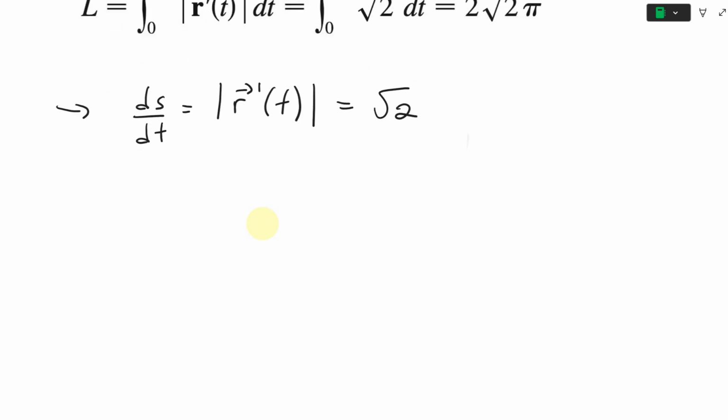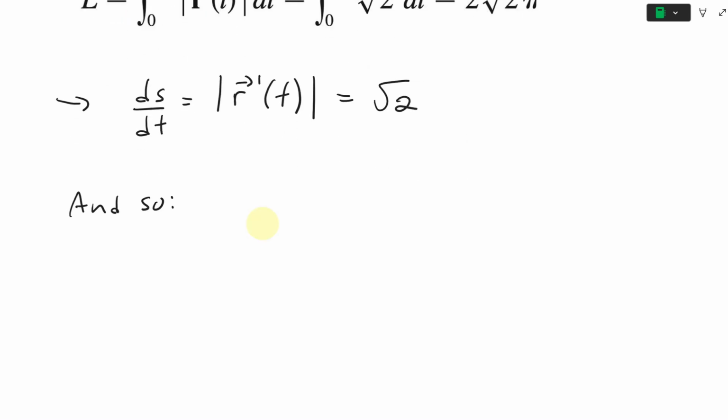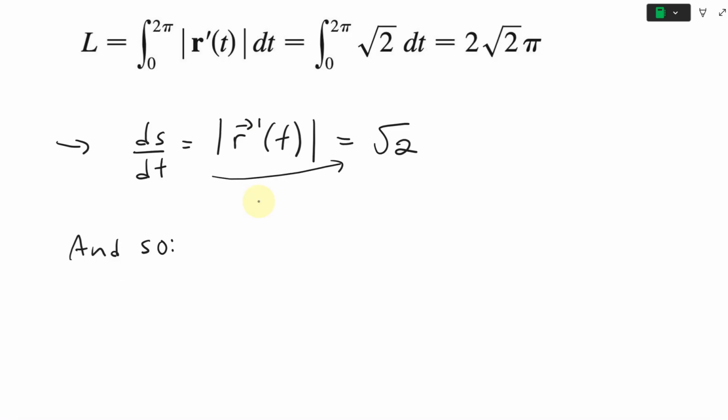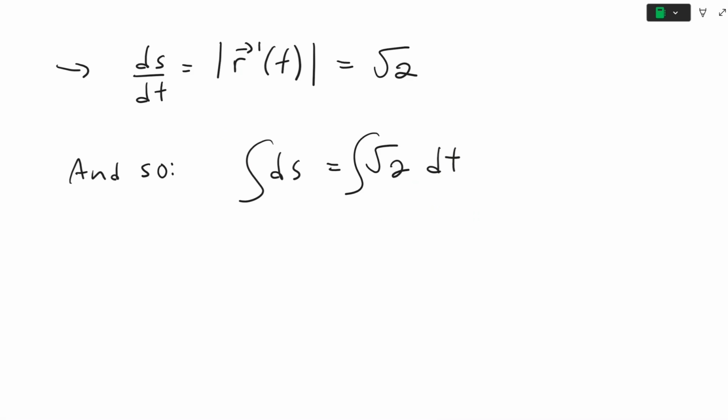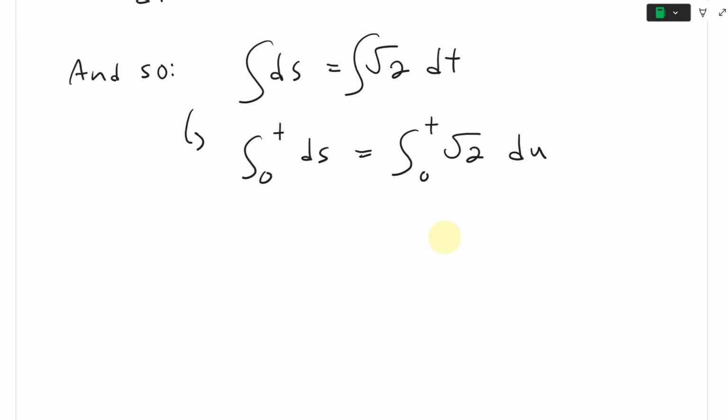Now we can just do basic integrals. We can move this dt over to the other side and get a ds, just for completeness, in differential form, and then take the integral on both sides, from 0 to t. We're going to change the variable there. So we have the integral from 0 to t of ds, which equals the integral from 0 to t of square root 2 du, changing the variable so that we plug in the t afterwards. The integral of ds is just s, and then we put the t in there. s of 0 is 0, since the length is 0, so it's going to be s of t